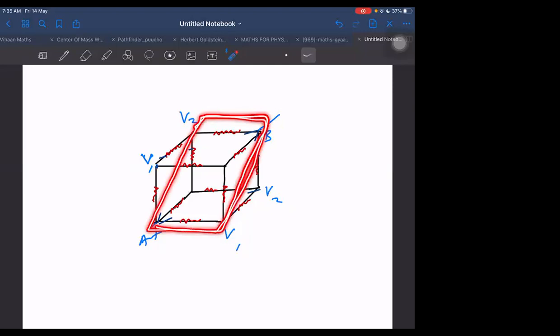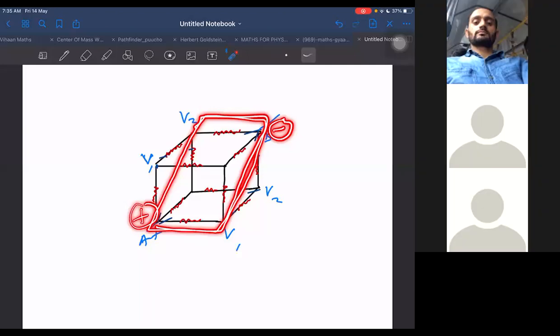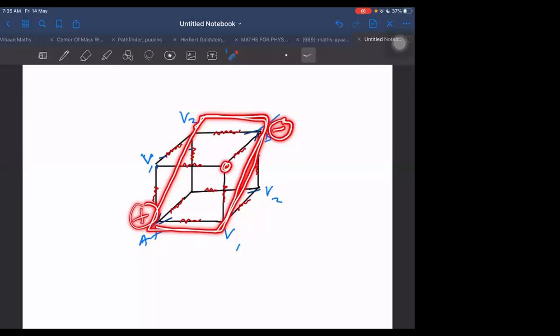It is satisfying our condition. What is the condition? That the object and the battery, either it should be lying on the mirror, or the plus is forming image on the negative. Here plus is not forming image on the negative, but they are lying on the mirror. So I can place mirror in this way also. And if I place mirror in this way, then positive and negative, this object and the image nodes will be at same potential. So notice this will come out to be same potential as V2, and V1 will come out to be same potential as this corner, bottom corner.